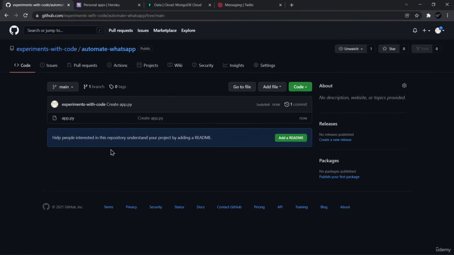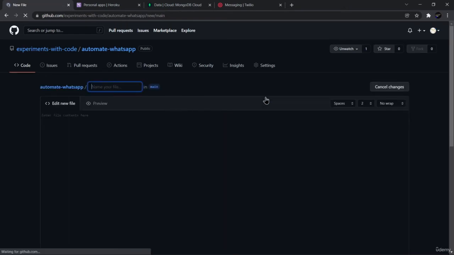Now we will add another file. So totally we'll be adding 3 files into this folder. So this is the first one and the main one. And the second and the third files are completely related to the deployment, right? So just click on add file and then create new file. So the second file that we'll be creating is called